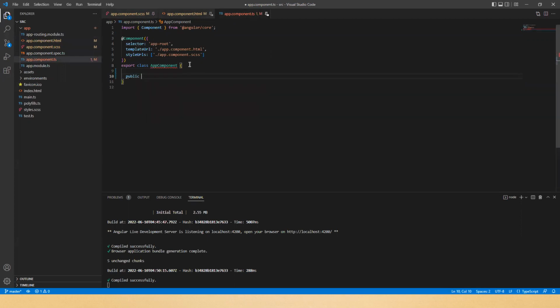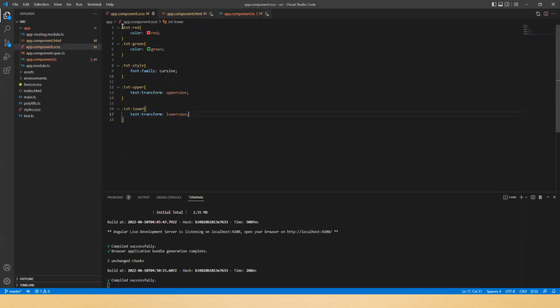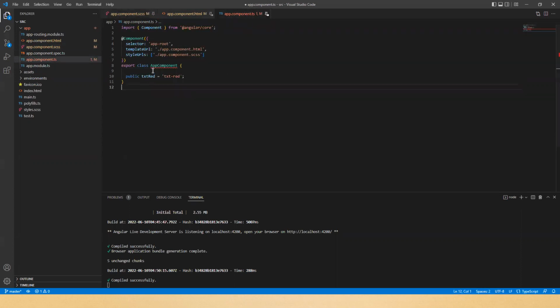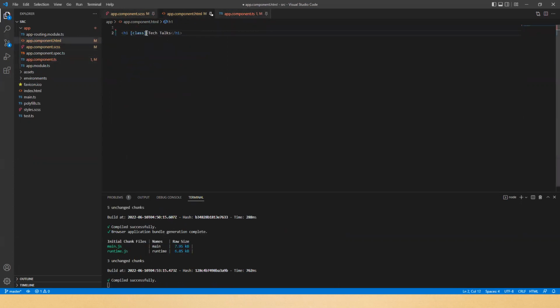So I will name it public txtRed equal to txt-red. This txt-red is my CSS class name, which we have defined here, this one. So let's copy it, save it, go to the HTML and in the class attribute equal to, you can paste this property. Let's save it,